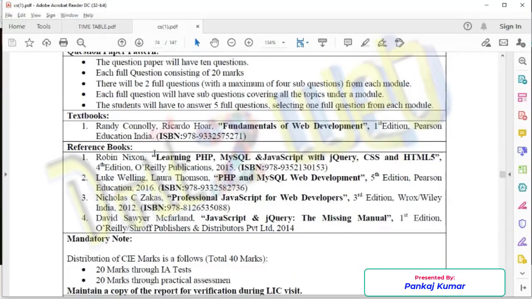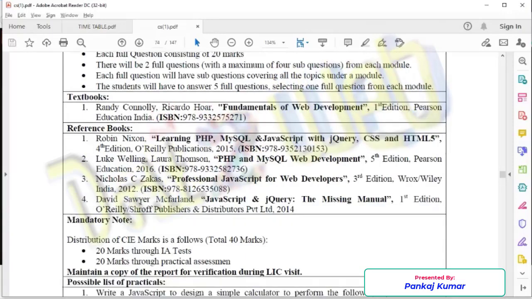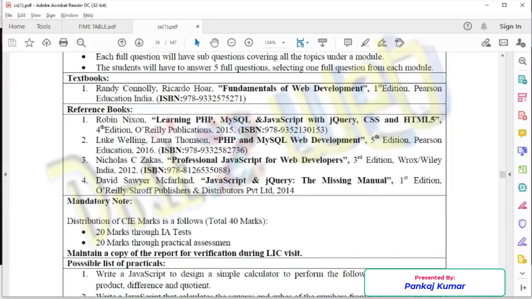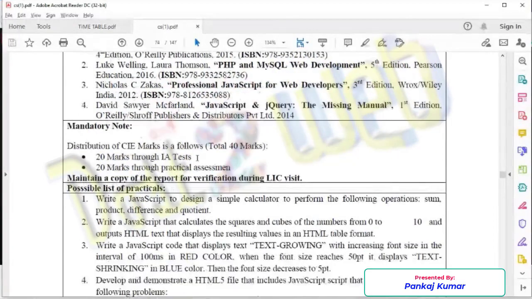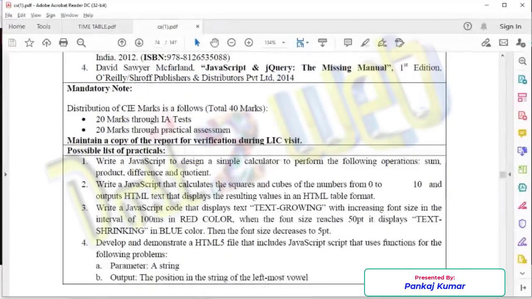Then as a reference book, you have Robin Nixon, Learning PHP, MySQL, JavaScript with jQuery, CSS, and HTML5. There are 4 other reference books. You can refer to any textbook which you can understand easily and which covers the entire module. Okay, and you know the remaining things, the CI marks and others.